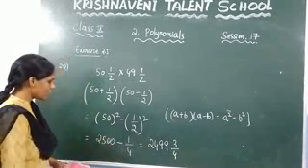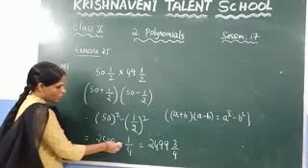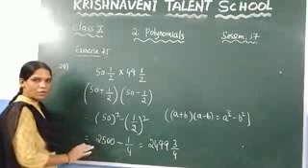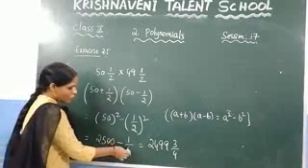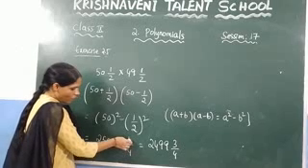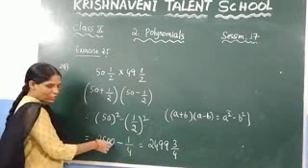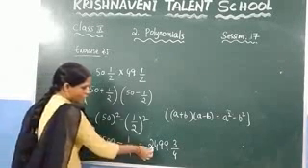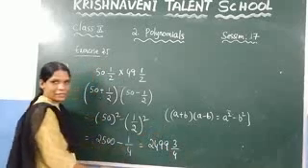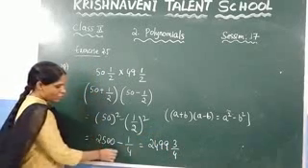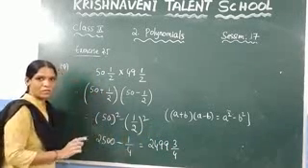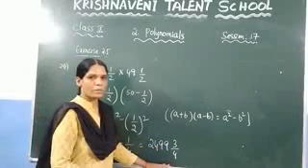Again, what I have done here: 2500 minus 1 by 4. How do you subtract here? Of the 4 parts, 1 part I have subtracted. 2500 minus 1 gives you 2499. And how many parts will be left out if you take 1 part? 3 parts will be left out. So I have written 3 by 4.